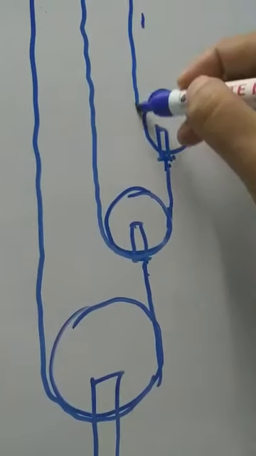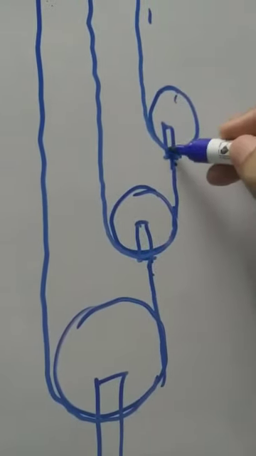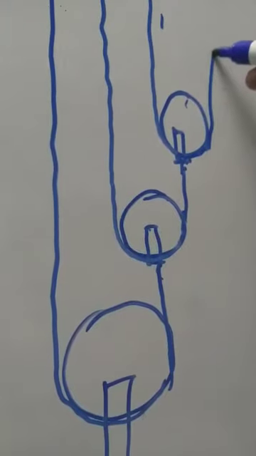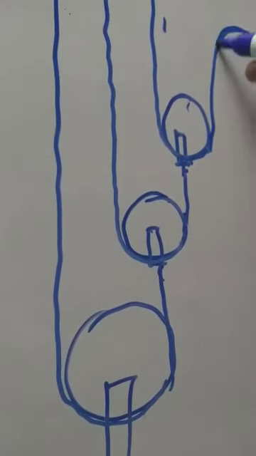This strand also is connected. Now in this way we have 3 pulleys. I can join more, but I am showing here for 3 only, and it is passed over a single fixed